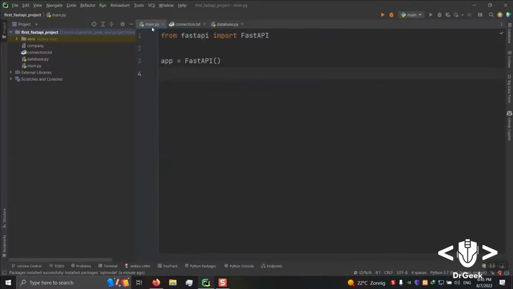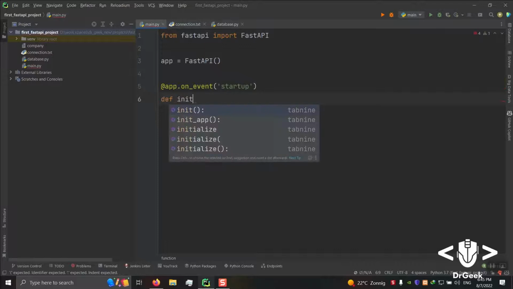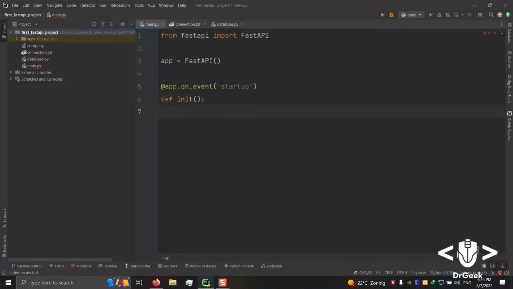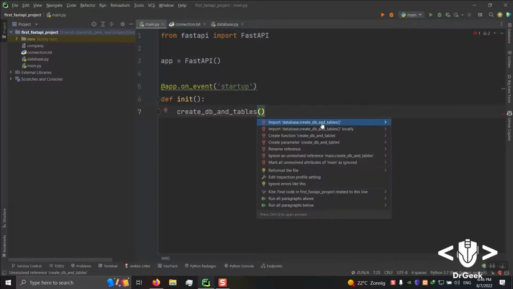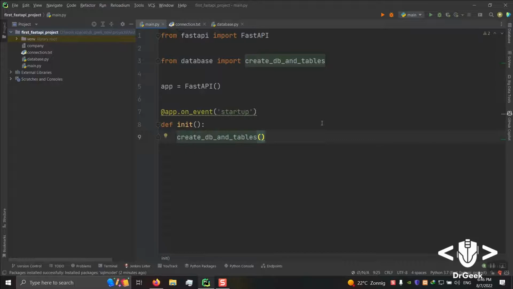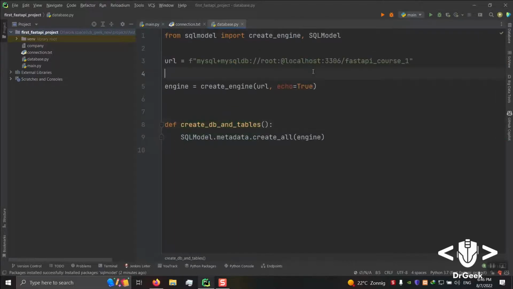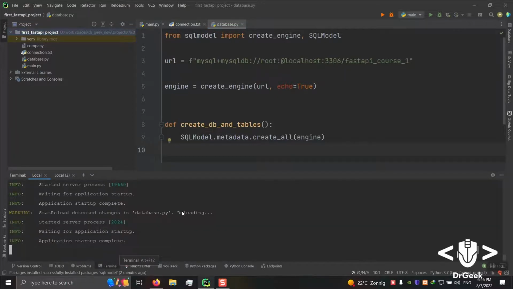I'm going to add app.on_event startup. Def init, and the main thing that I would like to do is to create the database and tables. From database we have it imported, and that's all done.